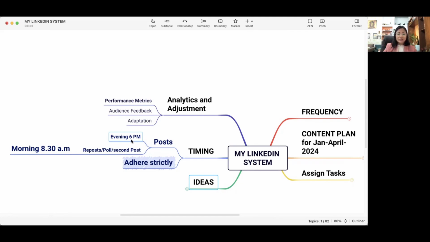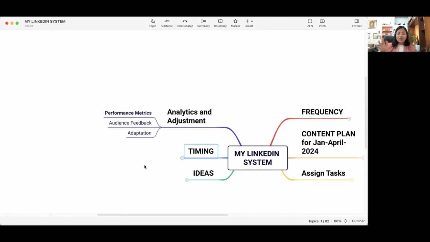And most of the days I do try to post it by 6 p.m. So all of this, then I have written that reposting anything, a poll or second post, whatever it is, if I'm posting more than once in a day, then along with evening 6 p.m., the other post should go only at morning 8:30 a.m. So these are all my own things, and it could be different for you and different for everyone based on their requirement. But basically, it's how we develop a strategy. It's all there in a mind map. You need not do any kind of guesswork.